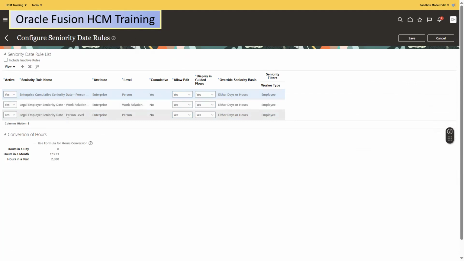So this takes the surface level: what is the first hire date of the staff? We will take that. Whereas this one takes the work relationship, the recently hired date, which is perfect. There is also another level. If I click on it,